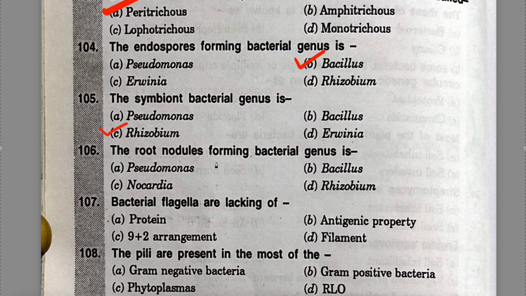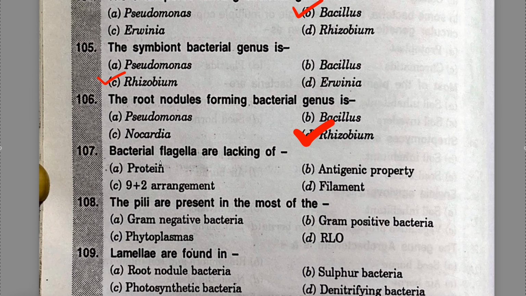106. The root nodule forming bacterial genus is Pseudomonas, Bacillus, Nocardia or Rhizobium. The answer is yes, again Rhizobium, nitrogen fixing bacteria, right? 107. Bacterial flagella are lacking protein, antigenic property, 9+2 arrangement or filament. Answer is 9+2